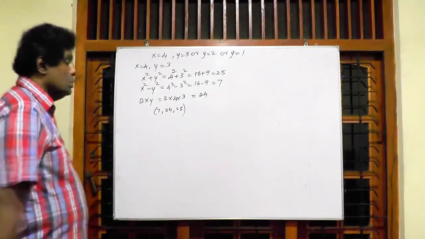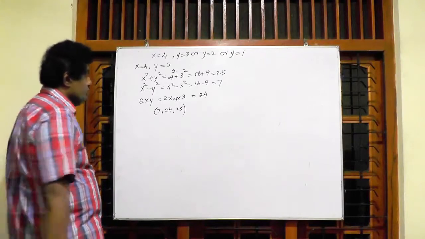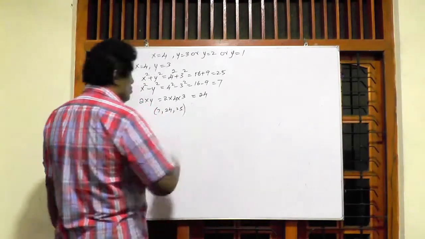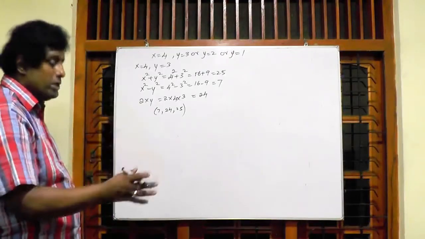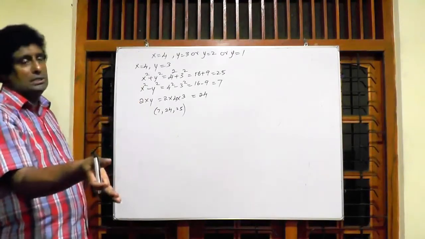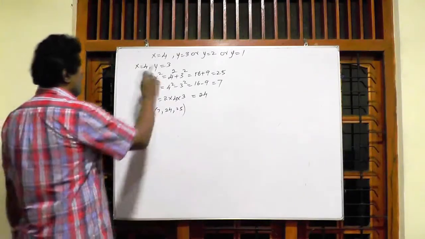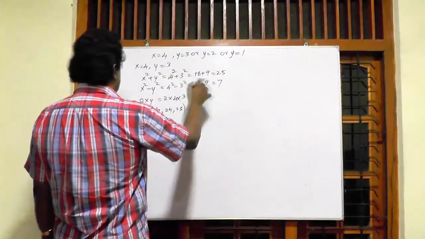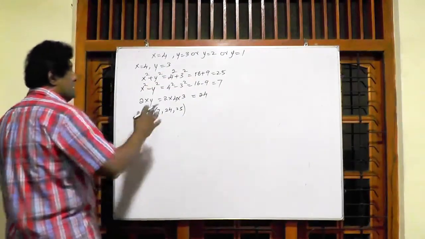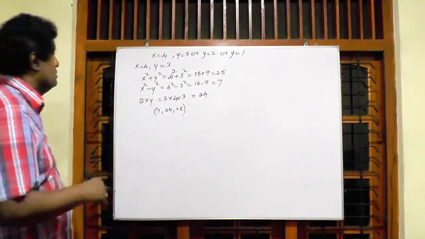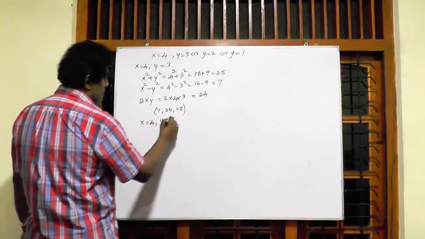Right, okay. You can compare them. Here 7, 24 and 25. I think this one is also a Pythagorean triple different from the others. Then when the value of x is 4 and the value of y is 2, what happened? Another Pythagorean triple can be obtained when x equals 4 and y equals 2.